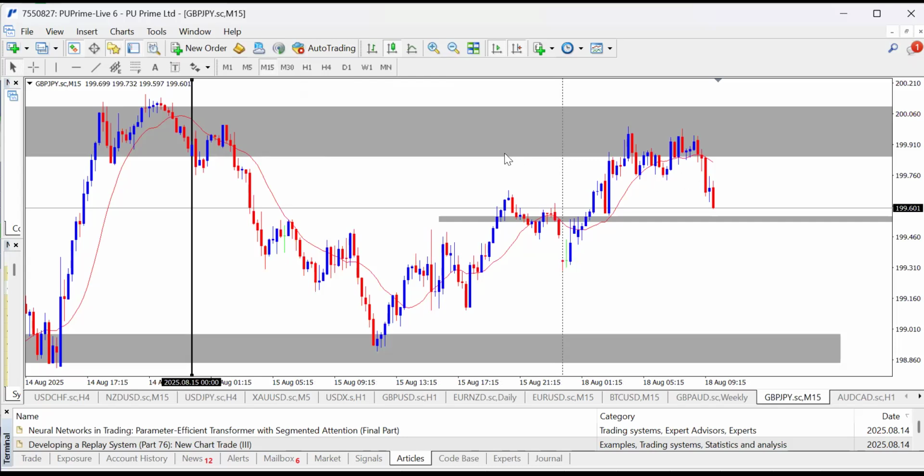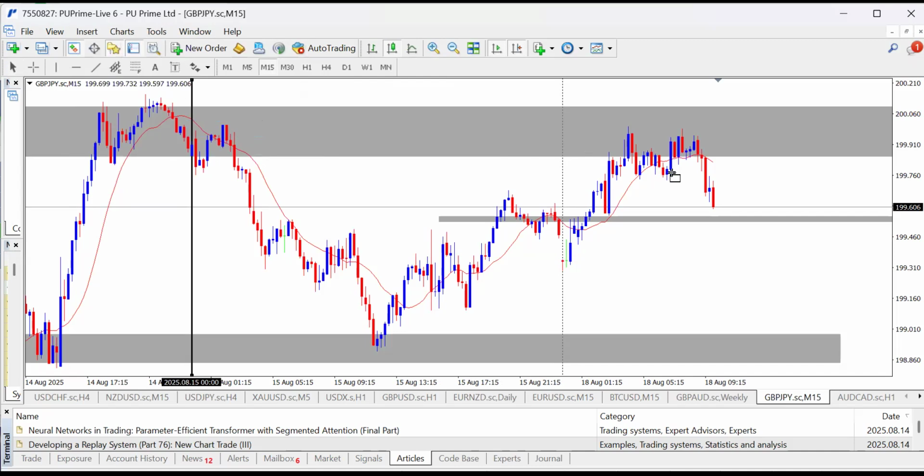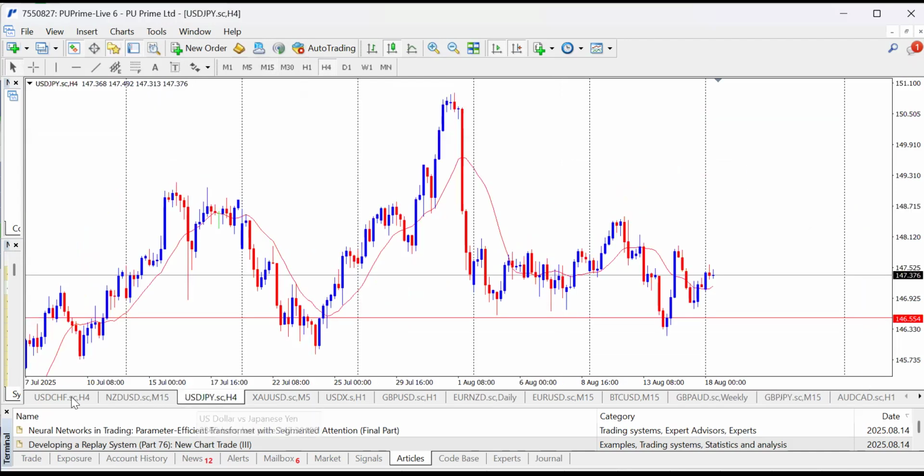We have a break of this level. You can see on 15 minutes time frame, we have a break. You can see a break and a rejection at this level. So market is still moving to the downside, right? We should have entered this market at this EMA, as market picked up this EMA, we should have entered and sold, but market has gone far. So we wait for a retracement before we enter into the market.